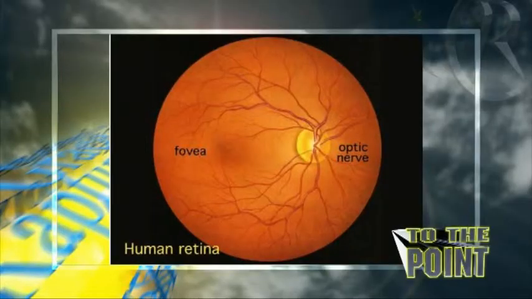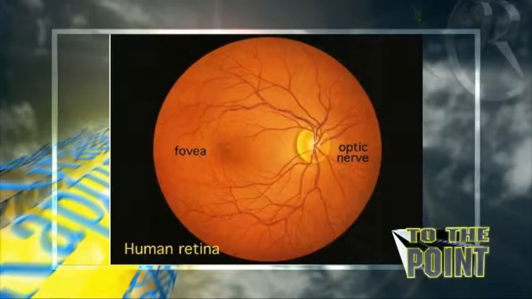The next picture actually is number... Oh, I seem to have lost my place here. Doesn't matter, we'll go straight on to that one. Okay. That's the human retina. When a doctor looks at the back of your eye, that's what he's looking at, a human retina. Basically what you're seeing there is blood vessels, because all of those special nerves have to have a special blood supply, which they certainly have.